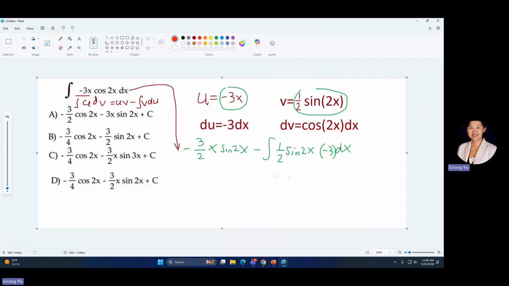So to finish this calculation, you see the -1/2, there's -3. So we move the number out of the integration. So this is actually a positive 3/2 as far as the coefficient goes. There's a -3 inside of the integration, there's 1/2. Multiply is -3/2 times negative, so it's positive 3/2. And then we have an integration of